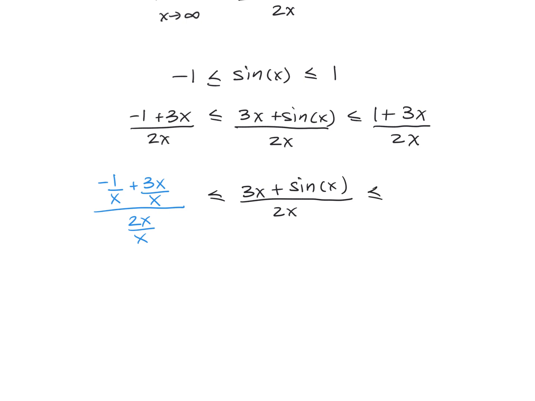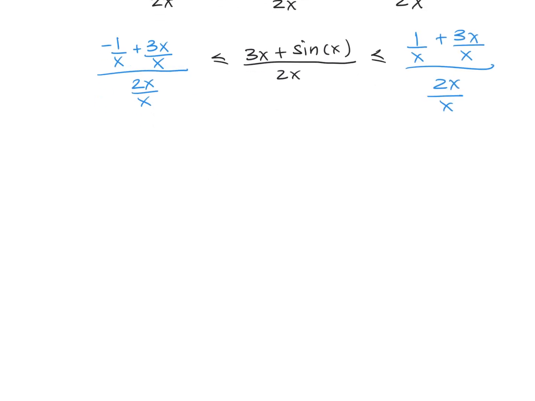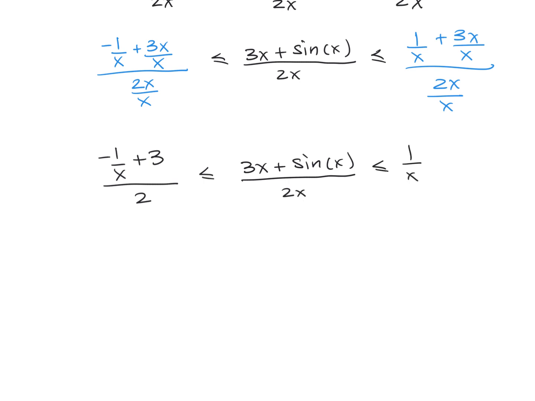And then once again on this side, we'll take our 1 divided by x, our 3x divided by x, and our 2x divided by x, and we will simplify those down. Simplifying those down, we're going to have negative 1 over x plus 3 divided by 2 less than or equal to 3x plus the sine of x divided by 2x less than or equal to 1 over x plus